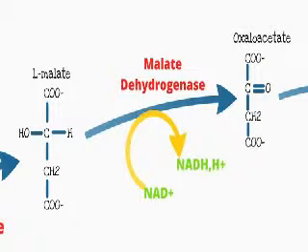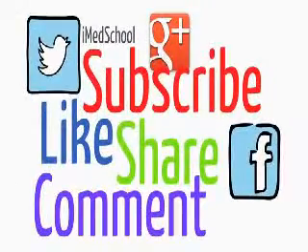Overall in this cycle, there's no net production of any of the intermediates we talked about, but we do create 3 NADH, 1 FADH2, and 1 GTP from each acetyl-CoA that enters the Krebs cycle. Remember, the